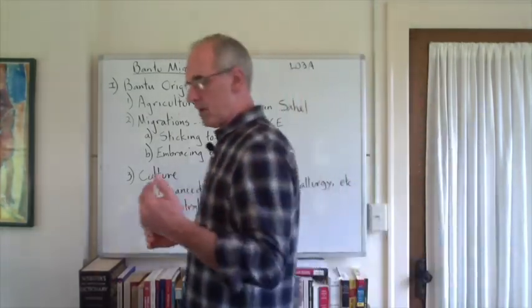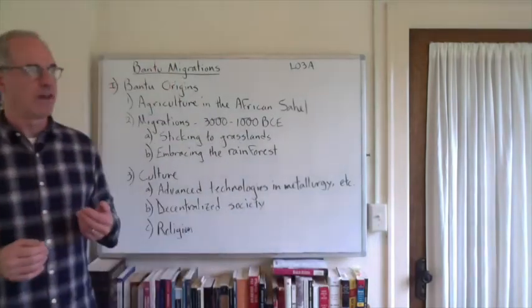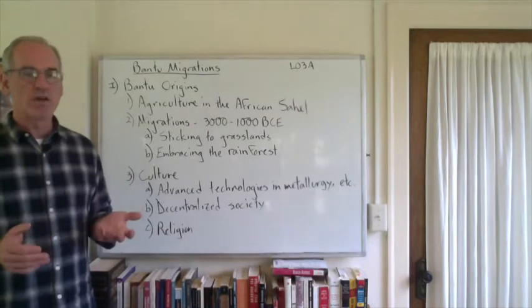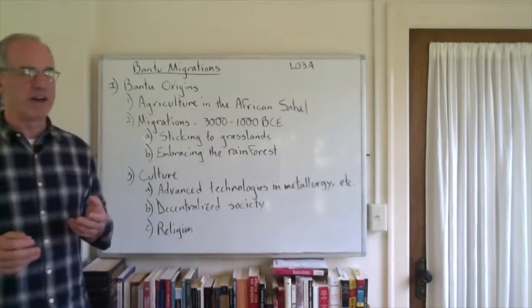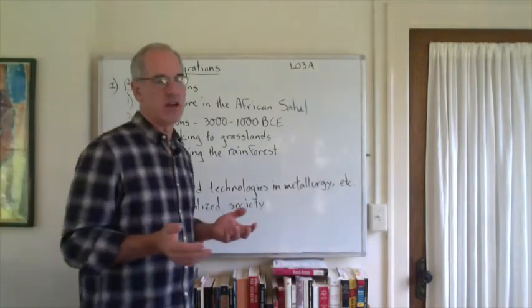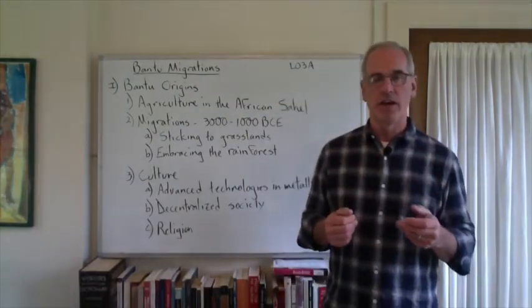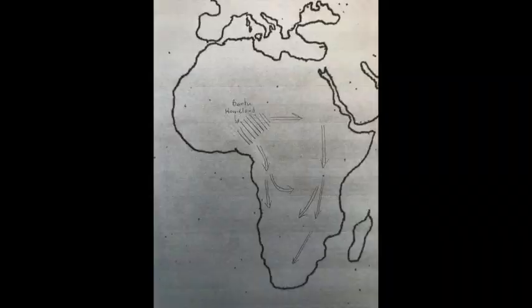And we know that between about 3000 and 1000 BCE, the Bantu-speaking peoples began to gradually spread across Africa. And they really spread into almost all the regions of sub-Saharan Africa. So they started in northern Nigeria, as the map shows, and then they migrated. Some of them migrated east, along the Sahel. So they're going right along the Sahel towards Ethiopia.